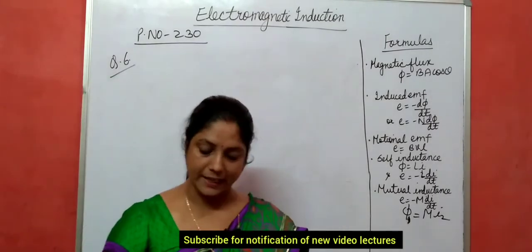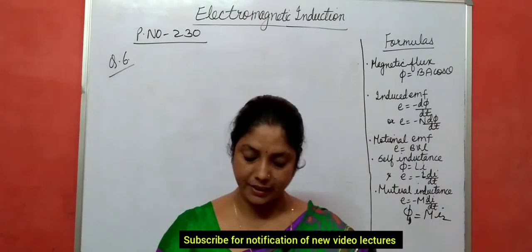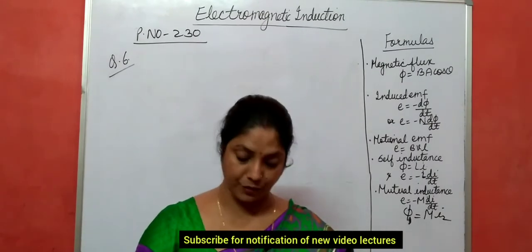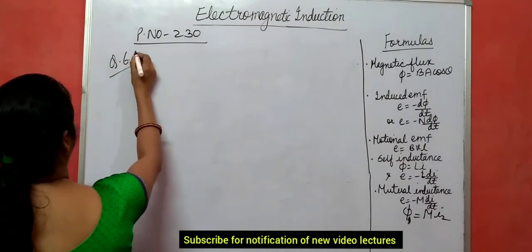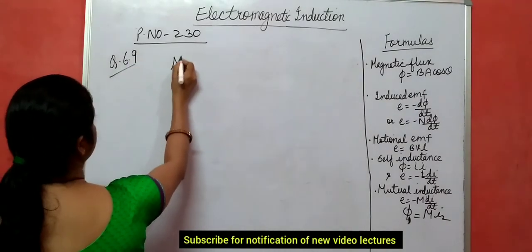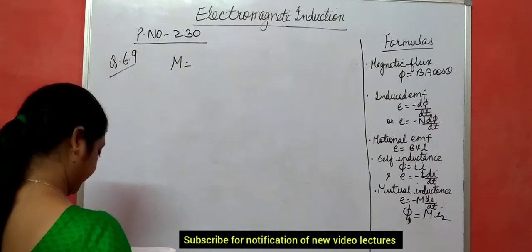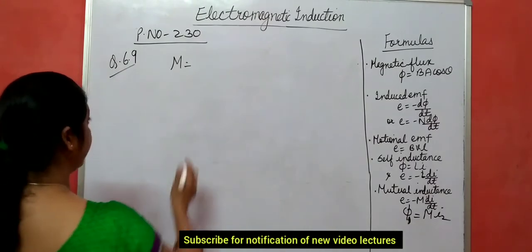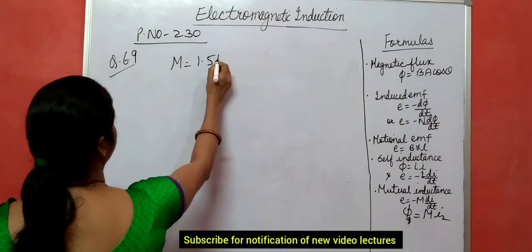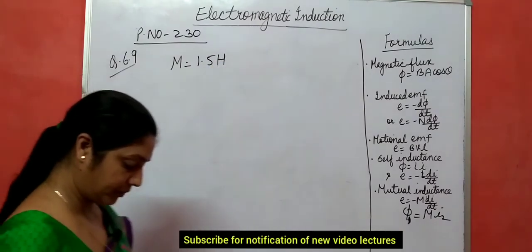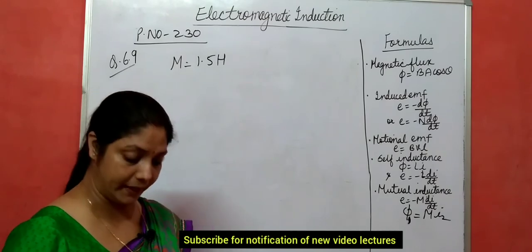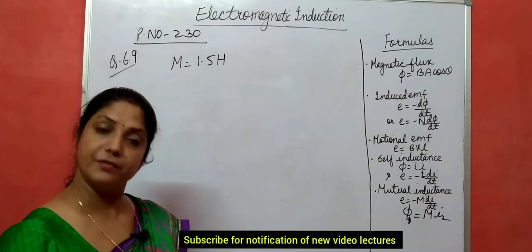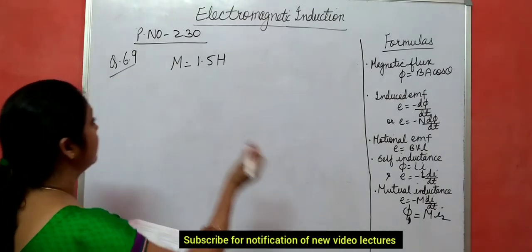A pair of adjacent coils has a mutual inductance of 1.5 Henry. Mutual inductance is given. It is given as M equal to 1.5 Henry, right? If the current in one coil changes from 0 to 20 ampere in 0.5 seconds,